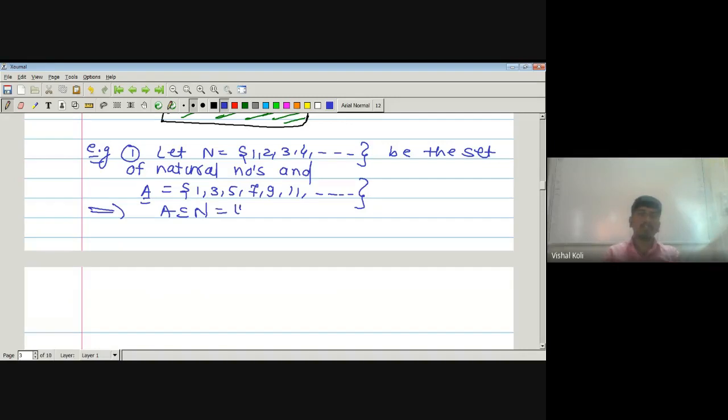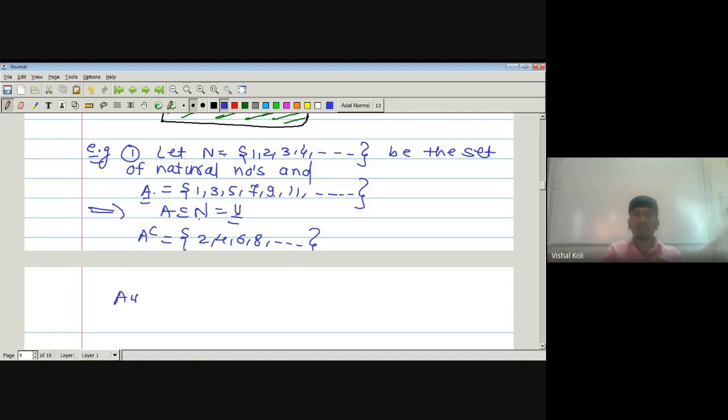Here take this N as the universal set. As A is the collection of all the odd integers and they are members of N also, therefore A must be a subset of N, from the definition of subset. So here A is a subset of N and N is the considered universal set. Now if we have to find its complement, then the complement of this set contains all the even numbers. Since A contains only odd integers belonging to N, its complement is nothing but 2, 4, 6 and so on.